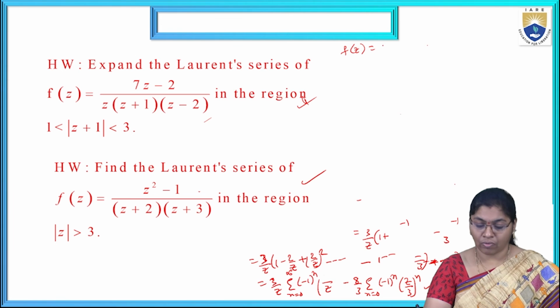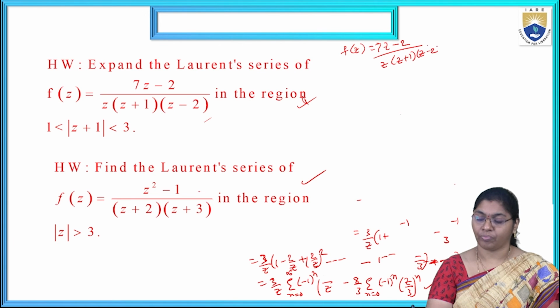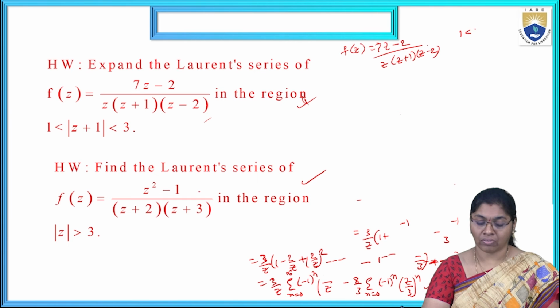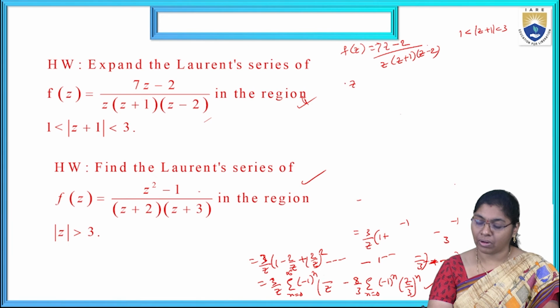Now, given f of z equal to (7z minus 2) by z into (z plus 1) into (z minus 2). Now, the condition is 1 less than mod z plus 1 less than 3. That is the condition. Now, 7z minus 2 equal to a into (z plus 1)(z minus 2) plus b into (z minus 2)